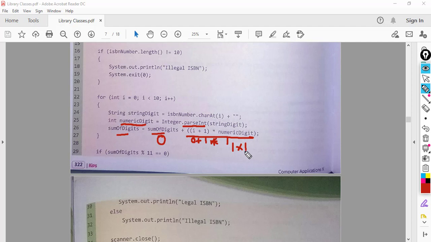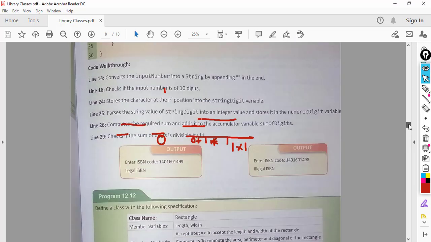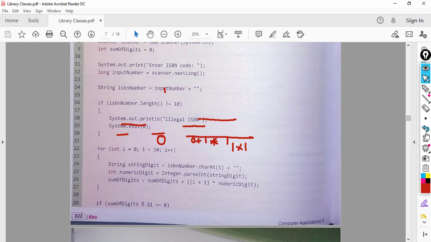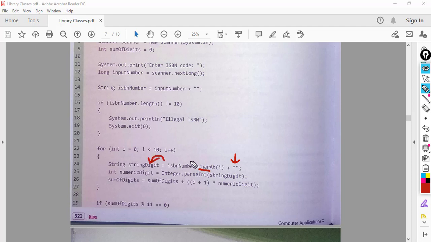1 into 1. Now when I becomes 1, the second character will be extracted, it will be converted into a string. So let's see what the second character is. Second character is 4. So that 4 is extracted and converted into a string and stored in string digit.